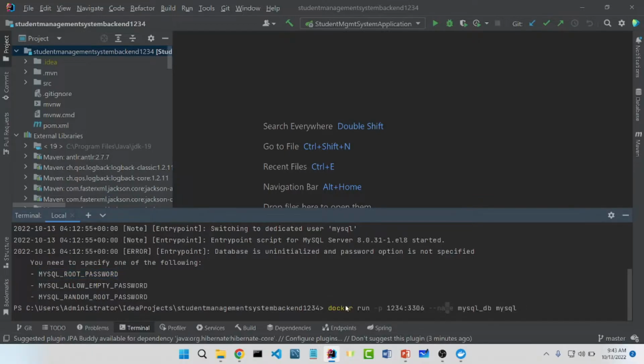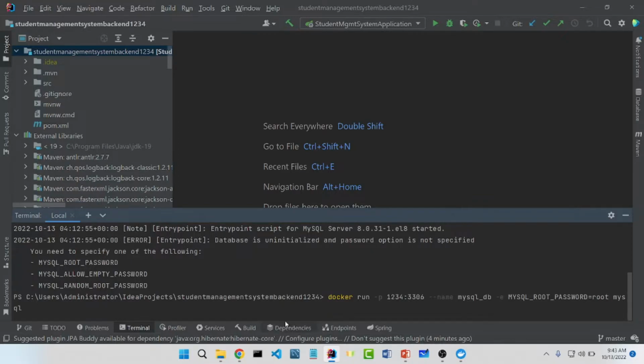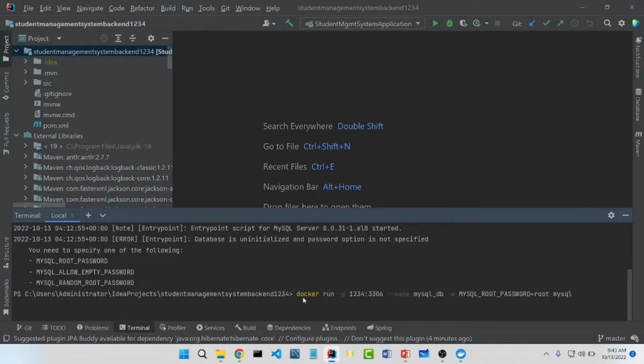Okay, so here after the name, what I'm going to specify, with the help of the -e option, is MYSQL_ROOT_PASSWORD, which is equal to root. Otherwise, the rest of the things would remain as they are. So here is the command: docker run -p 1234:3306 --name mysql_db -e MYSQL_ROOT_PASSWORD=root mysql. Okay, I'm hitting enter,